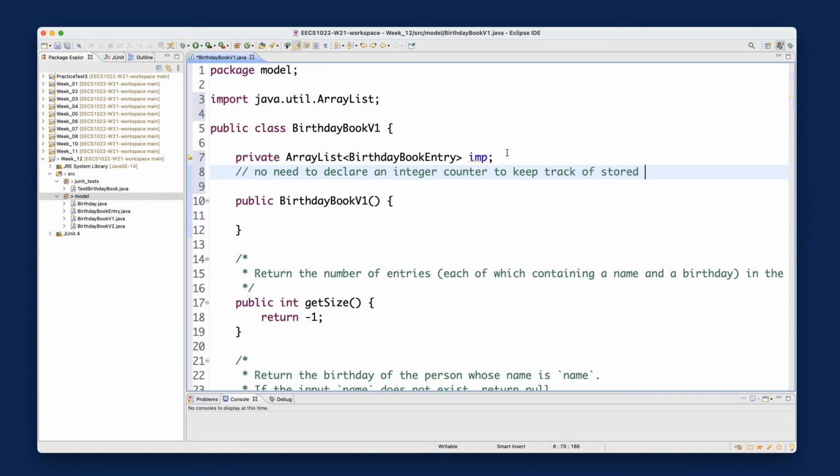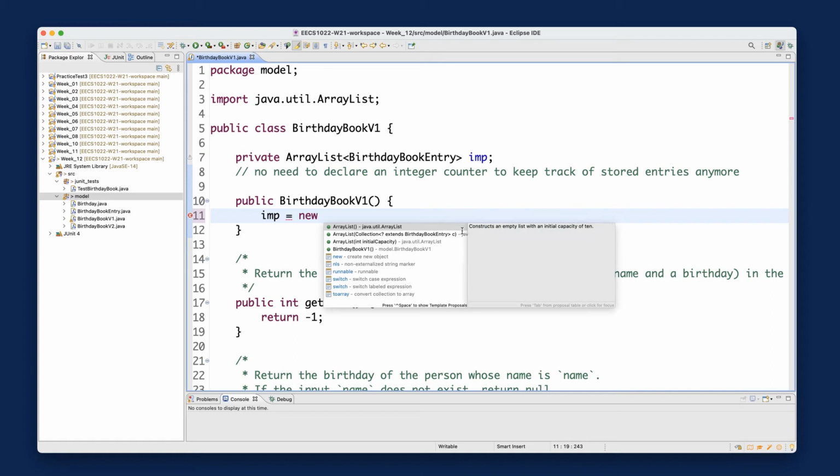store entries anymore. In the case of the primitive array, you will need to define that integer counter. But for now, since we're using the API, somehow the counter has been incorporated in the methods already, so you don't need that. All right, so now how do we create an empty array list, right? According to what we learned from the lecture, and also from the extra tutorial video, this is how you can do it. You can say imp is assigned to new, using the new keyword for new objects. And now, if you press control space, you can see the code completion tells you can simply use the array